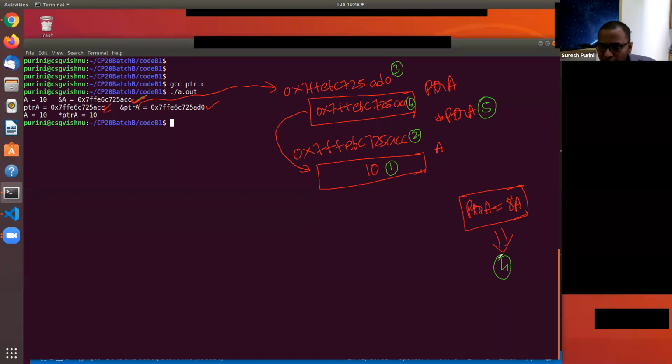Int star PTRA, int space star PTRA, all those things are the same. The data type of A is int, and the data type of PTRA is int star. We have to specify the data type of all variables in the C programming language.